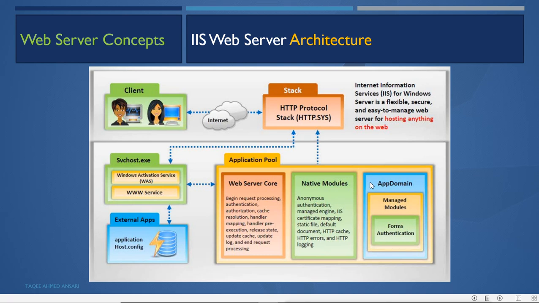So this is the normal architecture of application pool, where we have different application pools, and these different application pools have different components which we can use to configure a web application based on IIS web server. So clients will send the request through the HTTP protocol, and that request will be processed by the application. These application services are using this application pool to run those applications. And also we have the database services connected.